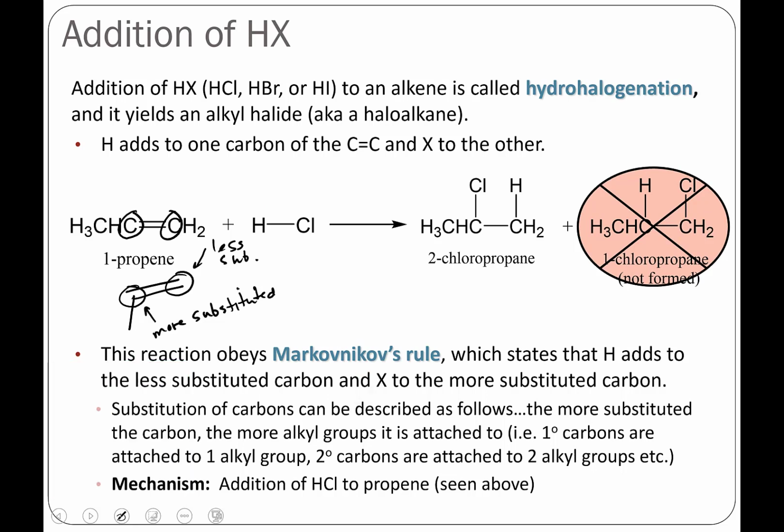Here's our X-Y, X dash Y in our generic example. But it's more specific, right? One of the H is going one place and the chlorine's going to the other. If it's not a perfectly symmetrical alkene, it actually matters where they go, because we create two different compounds depending upon which way the X goes or the H goes and which way the chlorine goes, which carbon they attach to. So Markovnikov's rule, and you see it stated here, is that the hydrogen goes to the less substituted